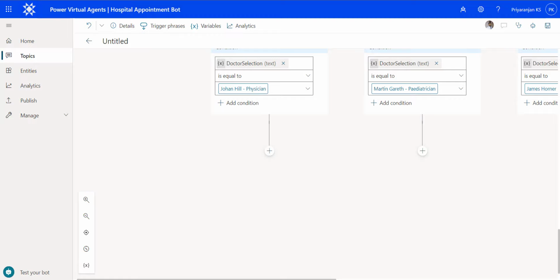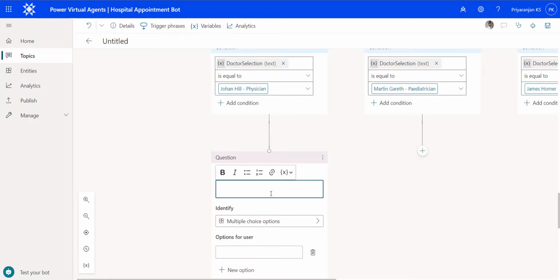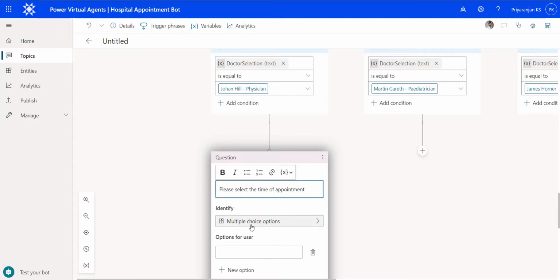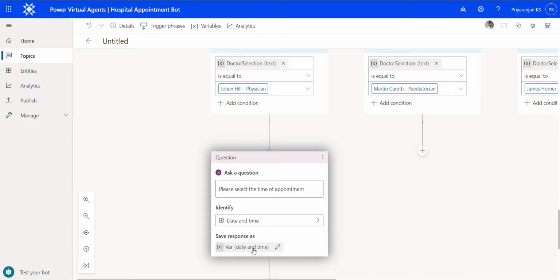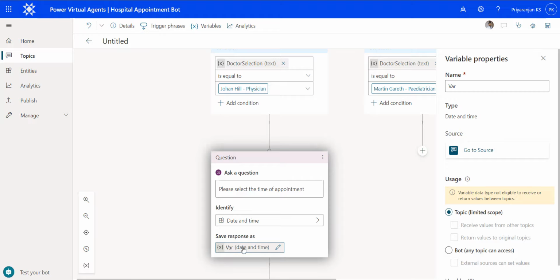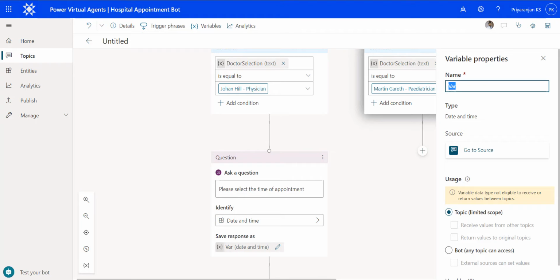Now we'll also try to get the appointment date for each of the doctors. So we'll ask a question: please select the date of appointment, and we will again give date time as the response that we're going to collect from them. We will name the variable that will store the appointment for Johan Hill as Johan Hill appointment time,